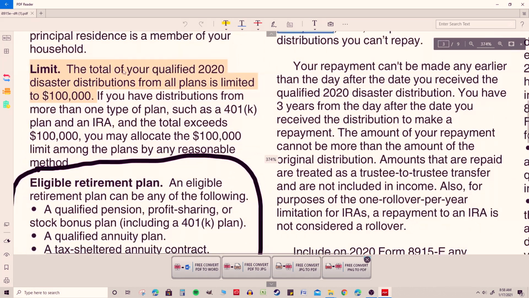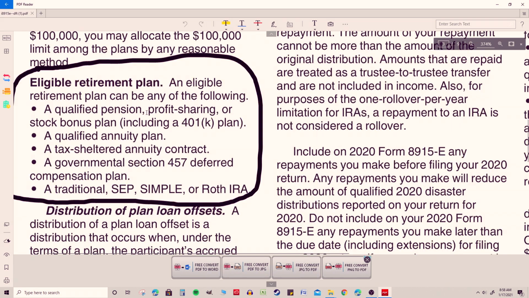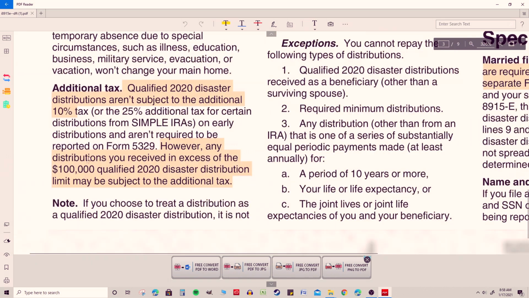Remember, the total limit that is a qualified disaster distribution from COVID is only about $100,000. If you want to know what type of retirement plans qualify, all the types of plans are listed right here in the instructions on page 3 of 9. Other things just to point out as a reminder: there's no additional 10% tax, even if you're under age 59 and a half when you withdraw this money,